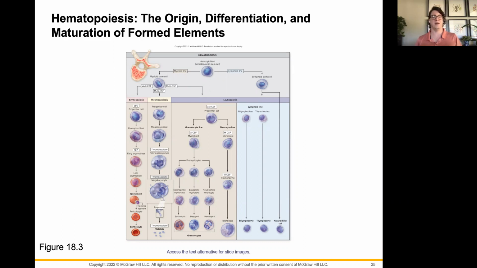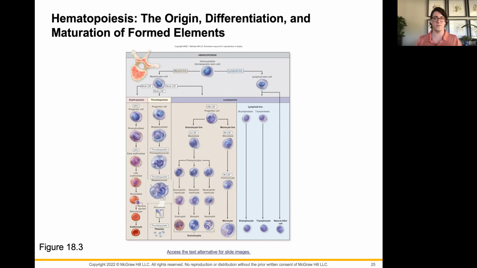However, we still have to have the important functional part of our erythrocytes, and that is the protein hemoglobin. Without iron to bind oxygen, or without iron, our hemoglobins don't work correctly, and we can't really make hemoglobin without it. Because we have this little heme group in the center with a little iron molecule right in the middle that oxygen is going to bind to. So you have to take in a whole bunch of iron in order for us to produce all of these